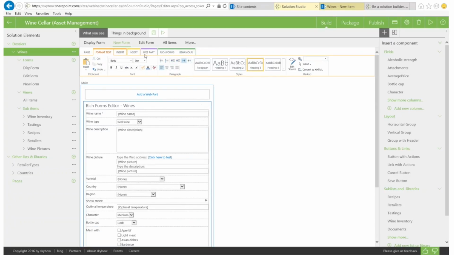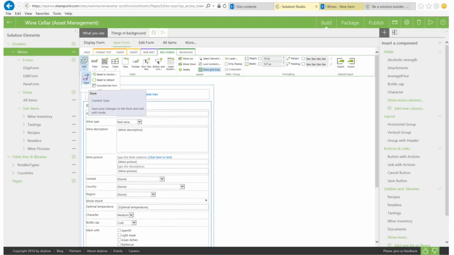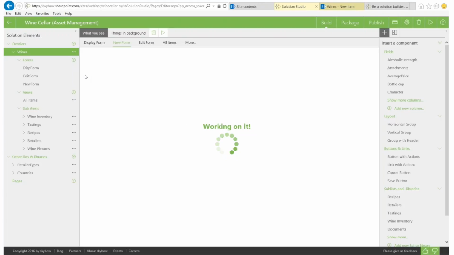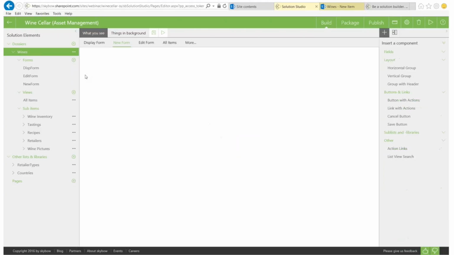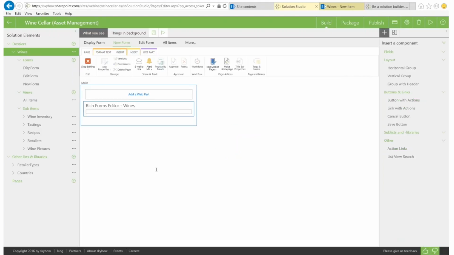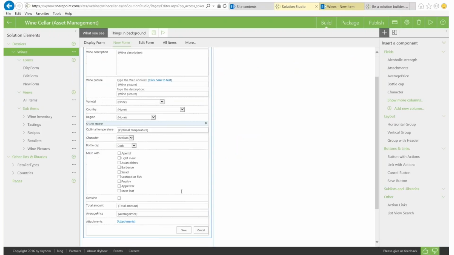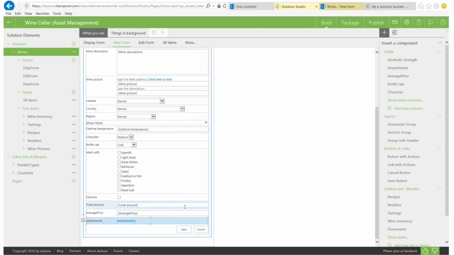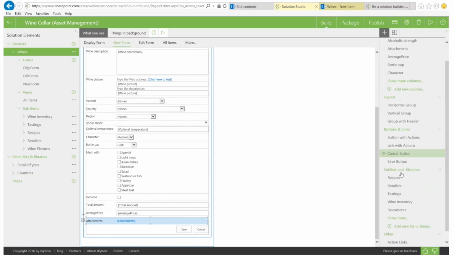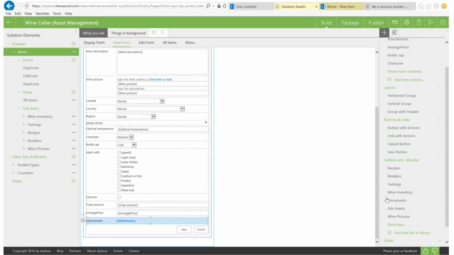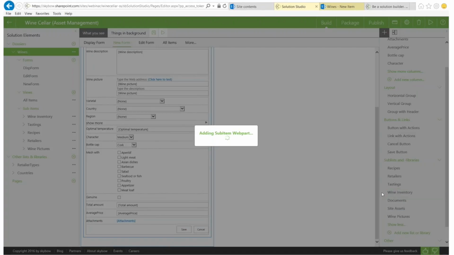What's also cool, one of our favorite features from the rich forms, is adding sublists directly in the new forms or edit forms. So let's show this to the viewers, Matt, how this looks. Remember, we are still in the new form, and we are going to add a sublist of inventory directly in this form. So we select the place where we want to add this sublist. We go here to sublists, and in this case, we want to add the inventory directly to the new form. Simply click the arrow here,